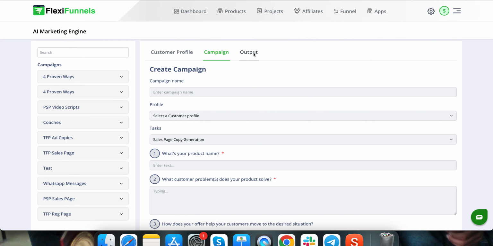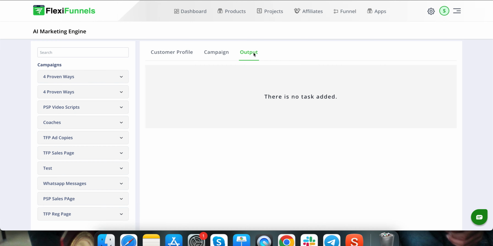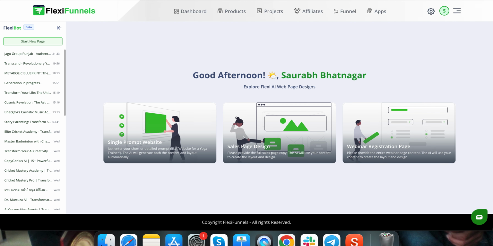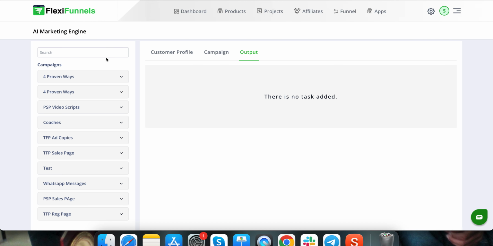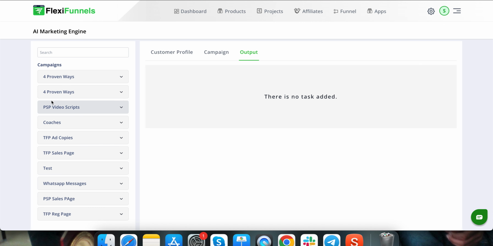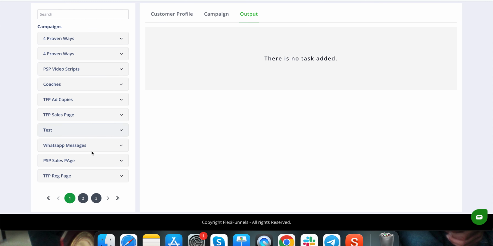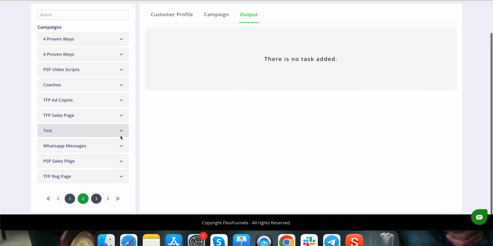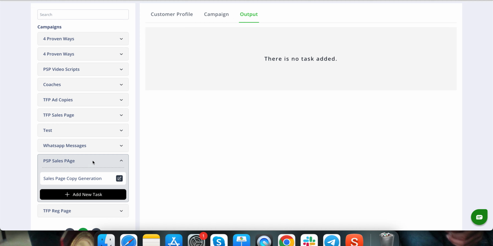But what I want to show you is something which is even more important with respect to this demo, and that is the format in which you need to give the copy to the sales page design and webinar page design. The format is something which is the most critical part. So let's say, if we have a page over here, I guess I will be having that same page probably.